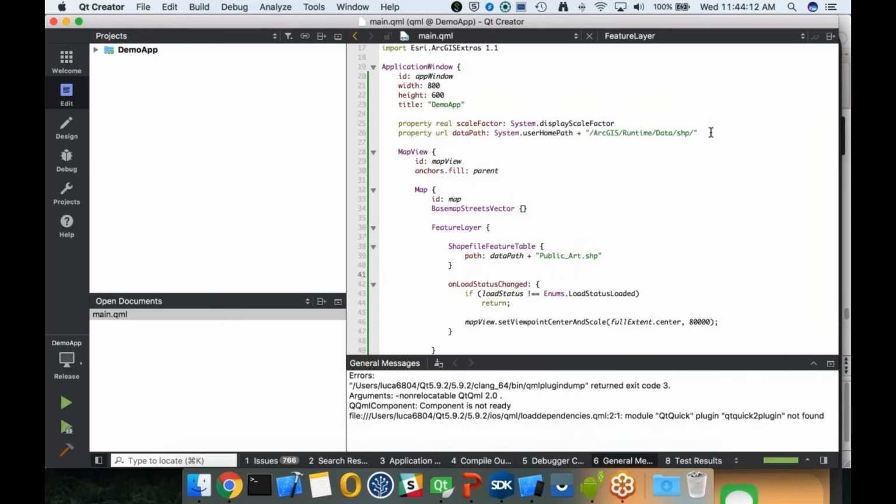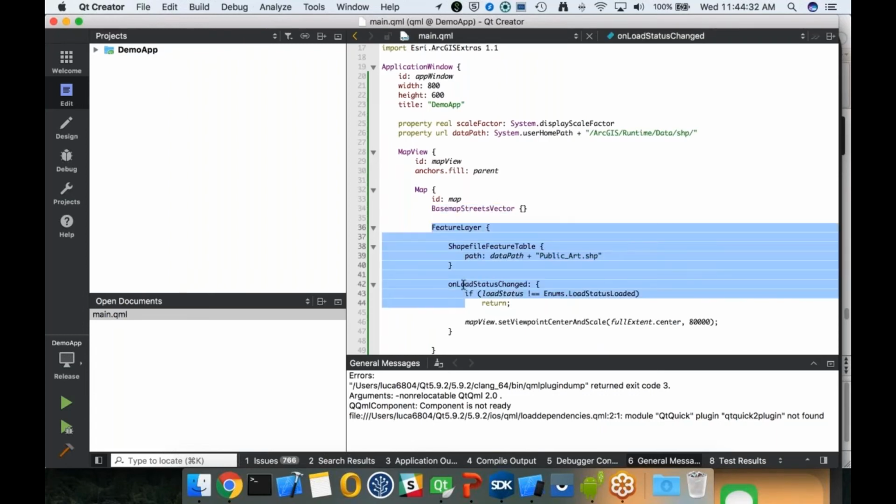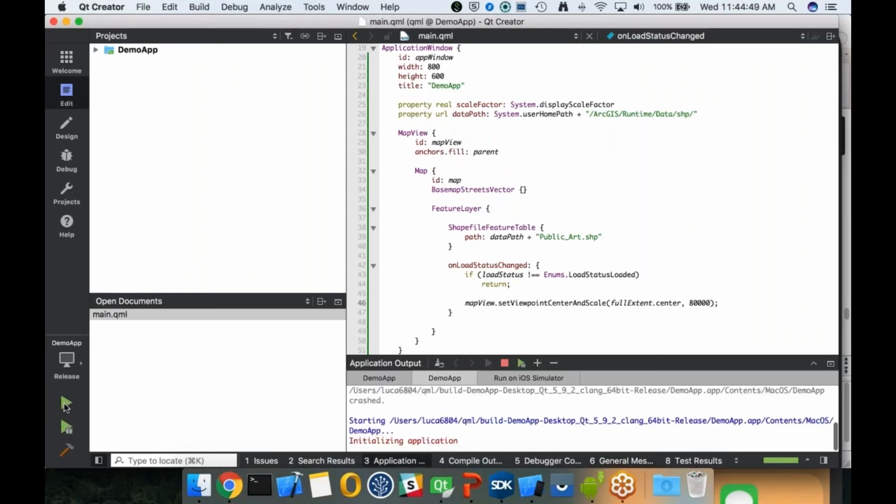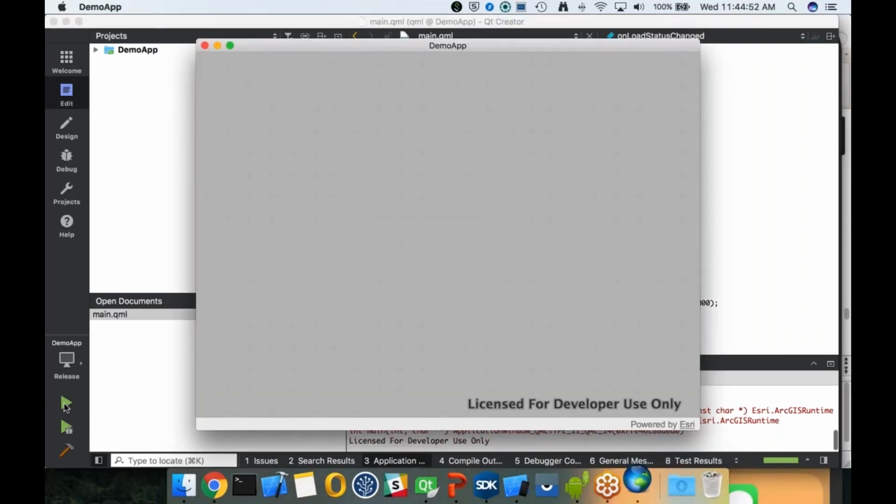Now the code here is pretty simple. We've got a data path set up to point to a shapefile directory. Now we've switched over from a scene view to a map view, and so that means we have a map inside of it. This time we're using the streets vector base map instead of the raster base map. And inside of the map we also have a feature layer that uses a shapefile feature table pointing to this shapefile. Once that feature layer loads, we're going to set the viewpoint of the map to be the full extent of the shapefile. So go ahead and hit play, and this is going to build the application and consume that shapefile